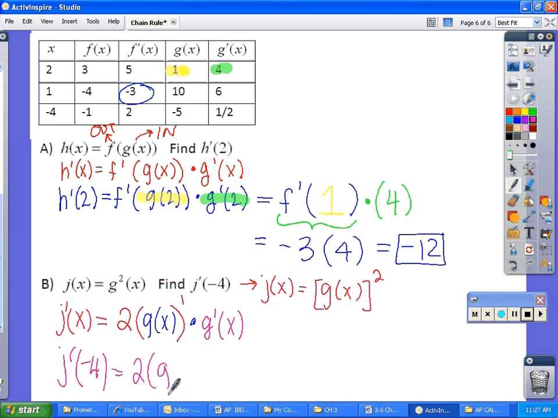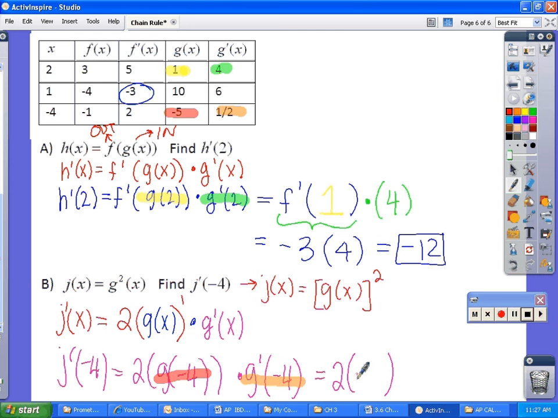So we'll use colors again, and this time try to use different ones. So g of negative 4, I probably shouldn't use exactly the same color. G of negative 4 would be negative 5, and then g primed of negative 4 would be 1/2. So to put that into the problem, we have 2 multiplied by g of negative 4 was the negative 5, and then multiplied by g primed of negative 4, which is 1/2. So the functions that we had, we actually evaluated them completely, and you are left with the value of negative